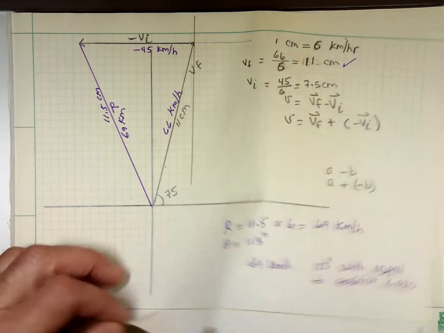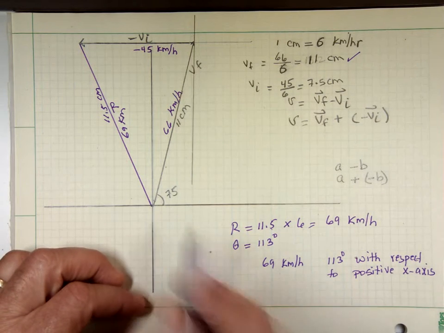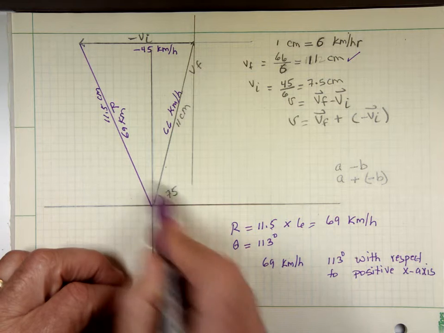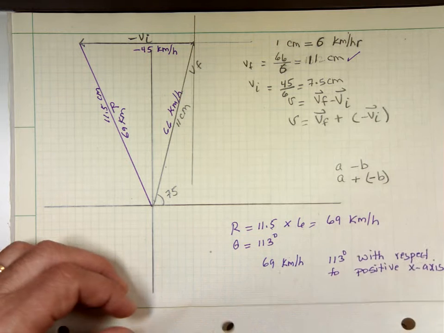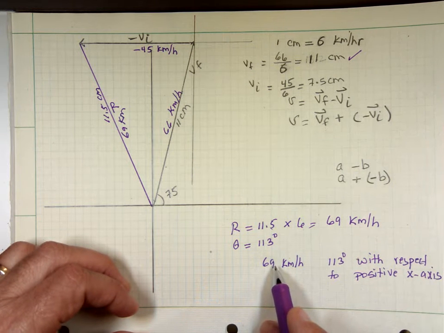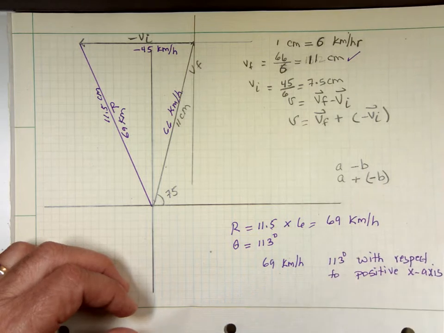And the angle is from the positive x-axis all the way to the second line. Right there. Now let's see what the math said, if I'm right or not. This could be 70, I don't know. This could be 110, 111. So I'm just in that neighborhood there. So the math says